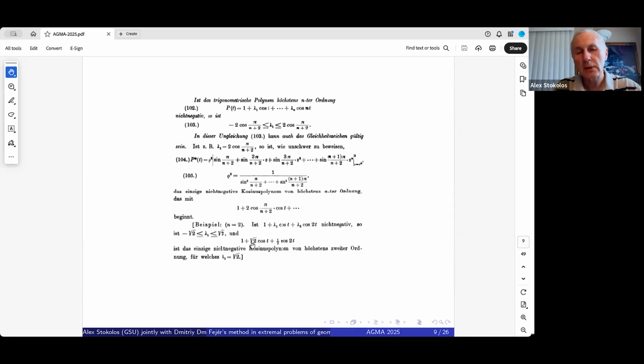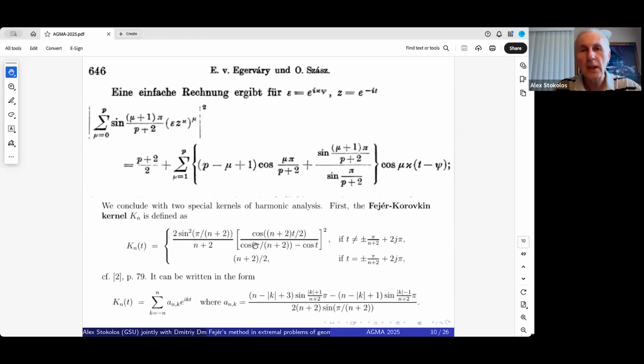So this is a non-negative trigonometric polynomial with the largest second coefficient, which is root of 2, and it's unique. And then Echevarria and Sass, 10 years later, found the sharp estimate for all other coefficients in cosine polynomials. And this is an extremizer they wrote in this form. And then the extremizers for the second coefficient